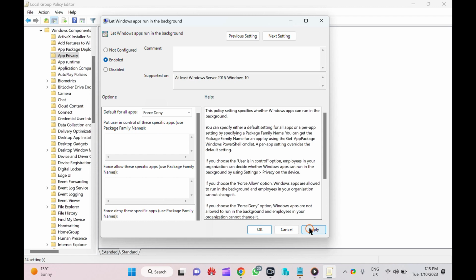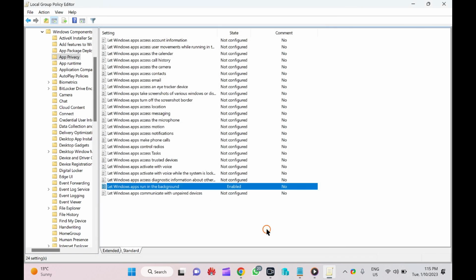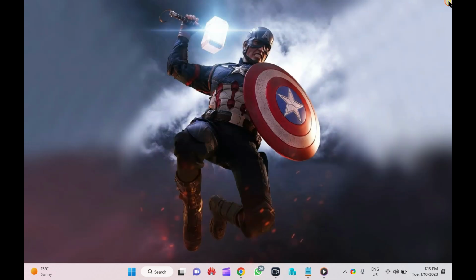Then click Apply and OK. After that you need to restart your PC to apply the changes.